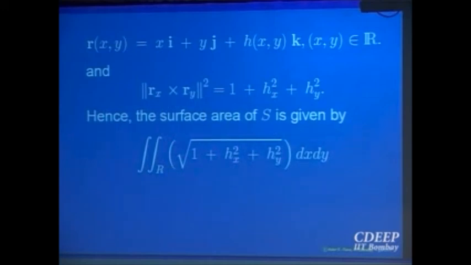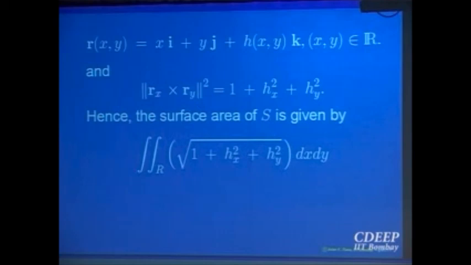R is the domain of the function h, right. Z is equal to h(x,y), (x,y) belonging to D. You can also think of it as a projection of the surface onto the xy plane. If you are able to get a projection, then you can write the surface explicitly. If you know the projection, (x,y) in the projection and z is equal to f(x,y), the height. That will give you an explicit representation.